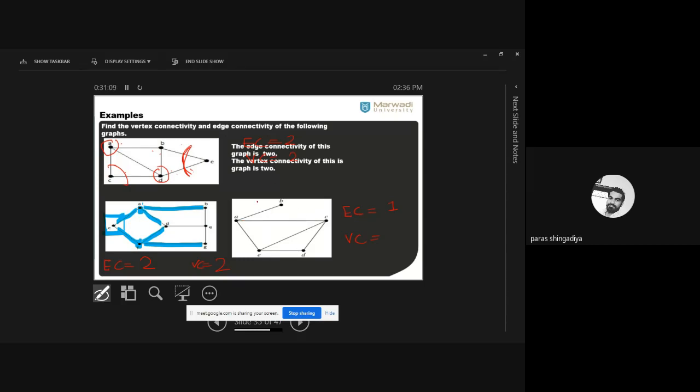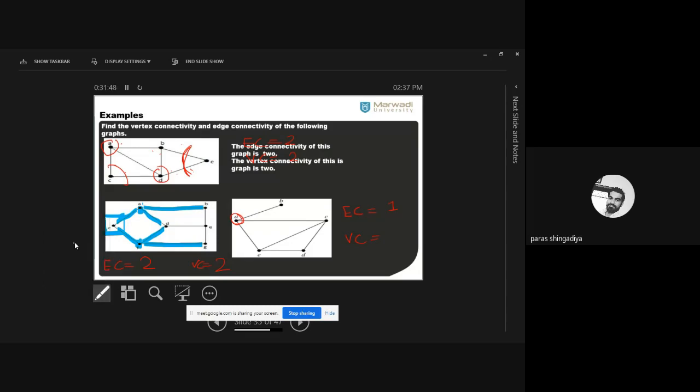Okay. Now, what is the vertex connectivity? Two. Sir, one. Yeah, one is correct. Okay. Which vertex will we delete? A. Remove A from this. B will be disconnected from the graph. Okay. And that is the remaining part. A is removed from here, so which part is remaining now?